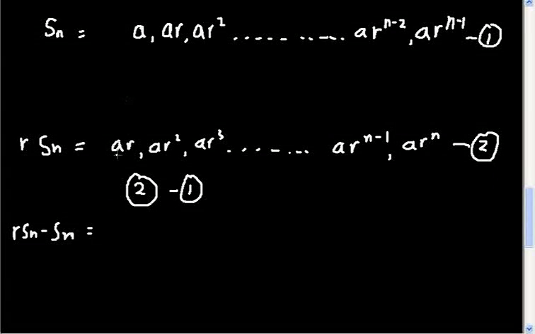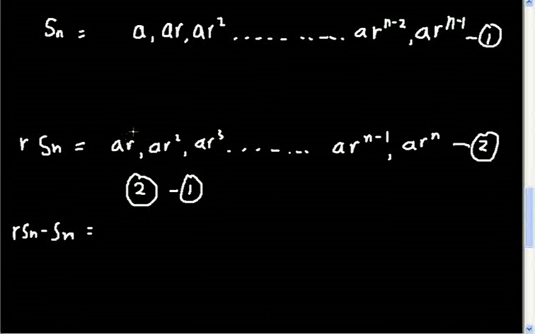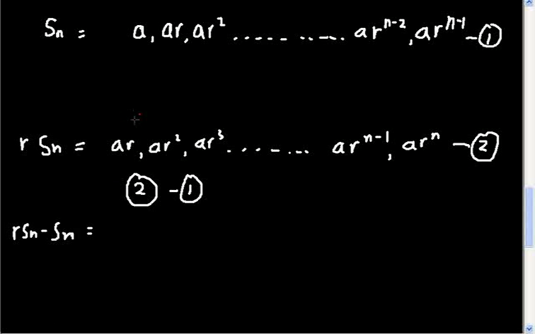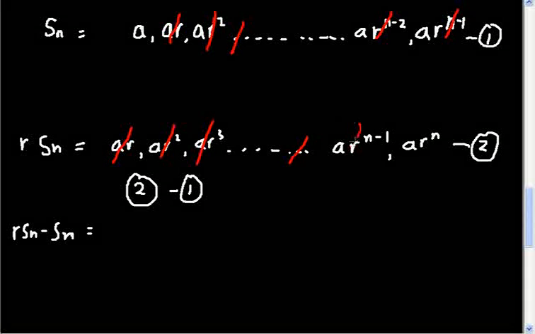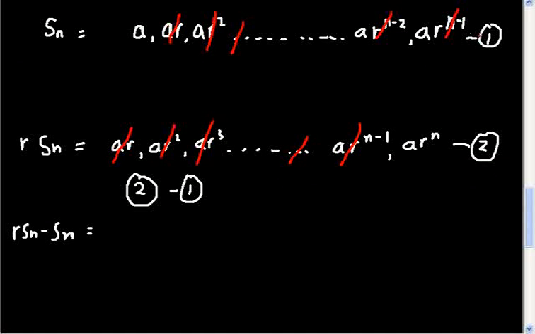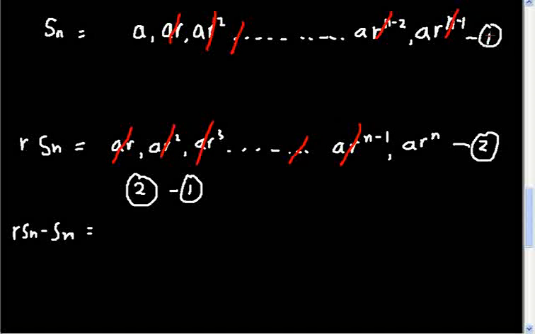Now I can't take A away from ar, but I can take ar away from ar. So let me use a different color. This and this cancel. I can take away ar squared from ar squared. This and this cancel, and there surely ought to have been an ar cubed here for this ar cubed to disappear. And then there surely ought to have been an ar^(n-2) here for this ar^(n-2) term to disappear. And then ar^(n-1) gets cancelled with ar^(n-1),